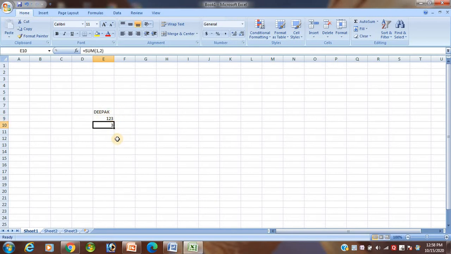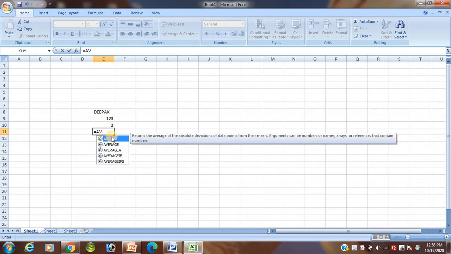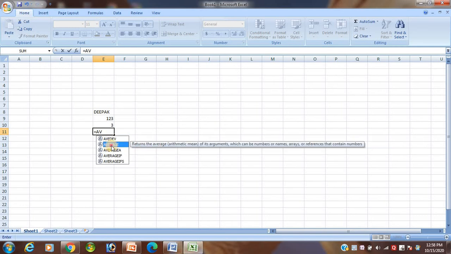Another thing, students: there are so many formulas used. This is one of the sum formulas. Suppose I want to use average. You see, I have just written the AV and the average formula has shown.